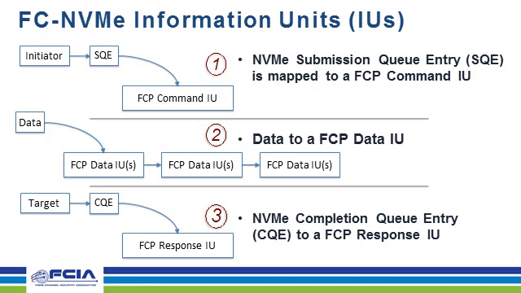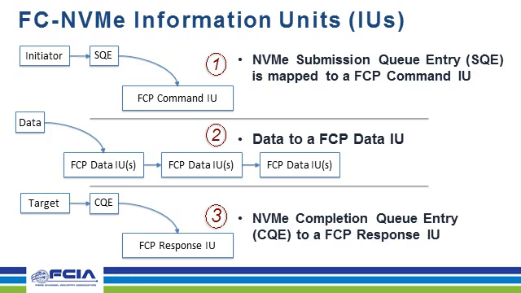It's really an FC-NVMe command IU, though it uses some of the same code points as the FCP command IU, but it's formatted for FC-NVMe. Any data that's sent, read or written, is then mapped into FCP data IUs,